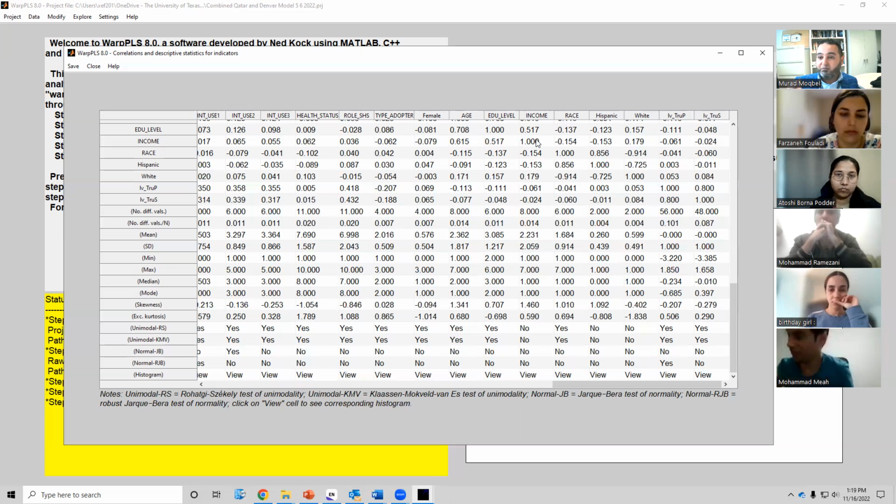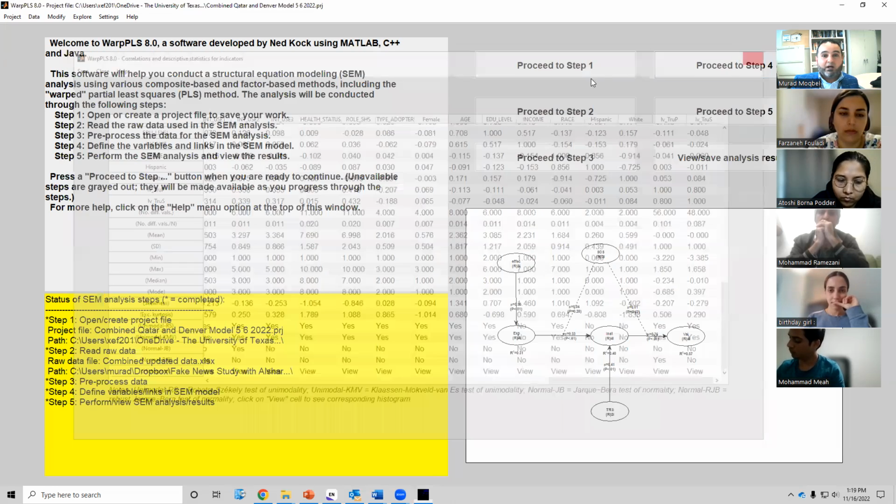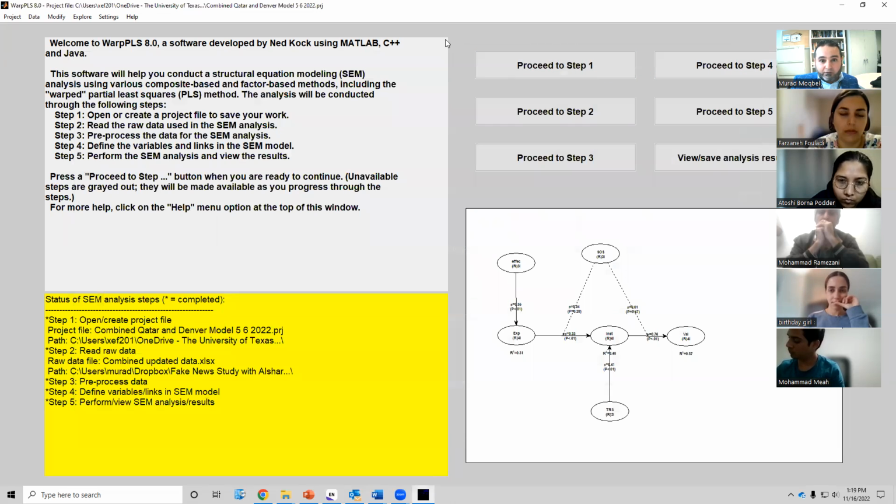So when we have a dummy variable or categorical variable like race, or let's say gender, male or female, we only report the frequencies and percentages, right? We don't report the mean and the standard deviation because those are categorical variables, right? And when we are talking about ordinal or continuous variables, in this case, we will report the mean and the standard deviation. Okay, so for recording,